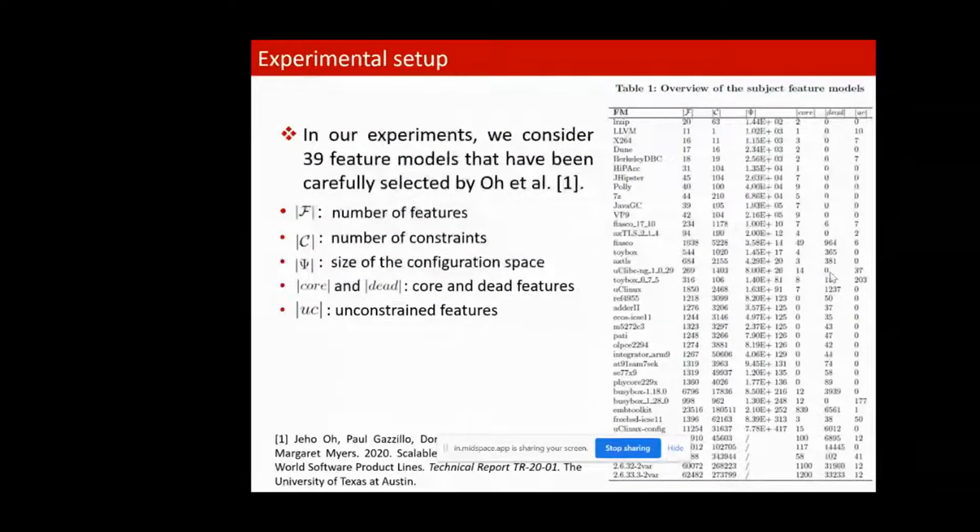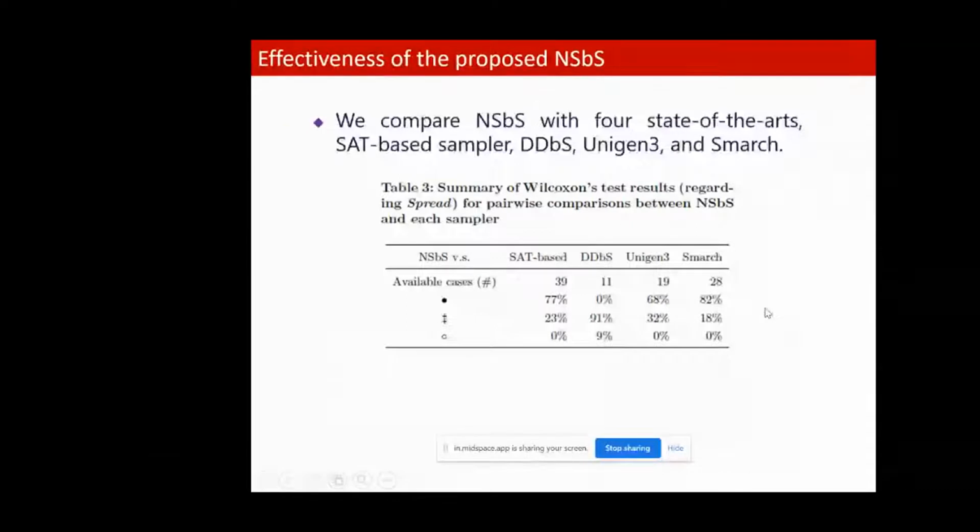Here we consider 39 feature models, and we can see some feature models have a large scale, with 60,000 features or so. Then we compare our algorithm and SPS with 4 state-of-the-art